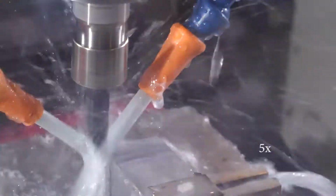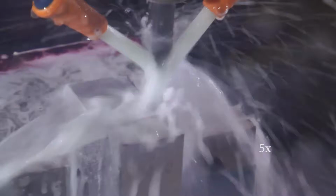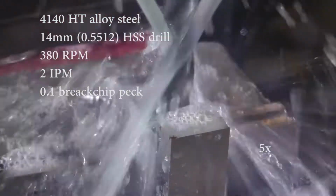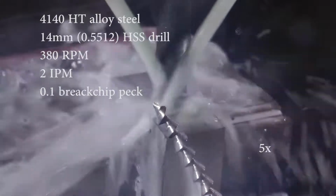And then I'm also going to play around with the drilling operation a little bit. I thought maybe I could speed it up. So here what I'm doing is I increased the feed rate just a little bit. It was 1.7 inches a minute, now it's 2. And instead of doing a full retract peck, I'm just doing a break chip, like a 1/10 of an inch